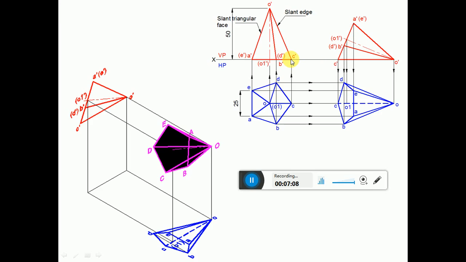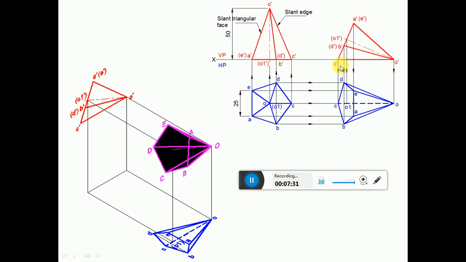So you measure the length from C dash to B dash D dash. From C dash, you transfer that point here to get this point B dash D dash. Similarly, you transfer the distance from C dash to O1 dash from here to here to get this point O1 dash. Then join B dash D dash to O dash with a dark line, and then mark the center line with O dash and O1 dash.